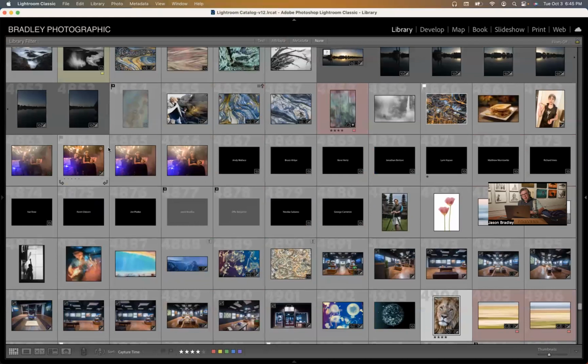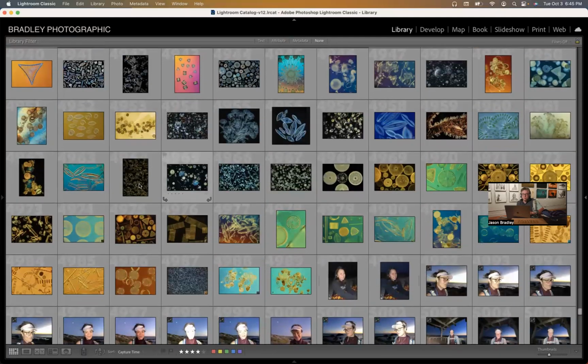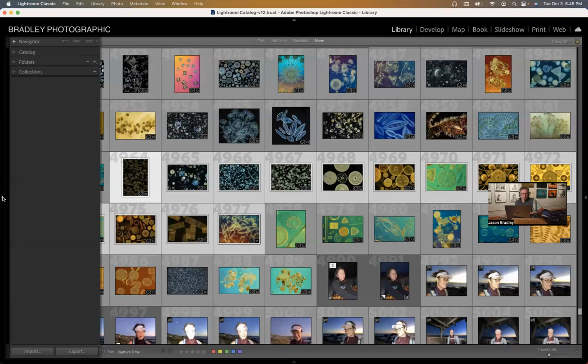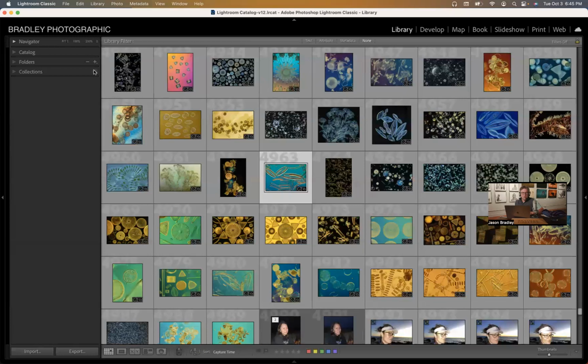Now, I also said smart collections. Now, smart collections is a way to, I'll phrase it this way, save a metadata filter, if you will. So let's select a group of images here. Actually, no. This is not about selecting, my apologies. So the way a smart collection works, now there's creating